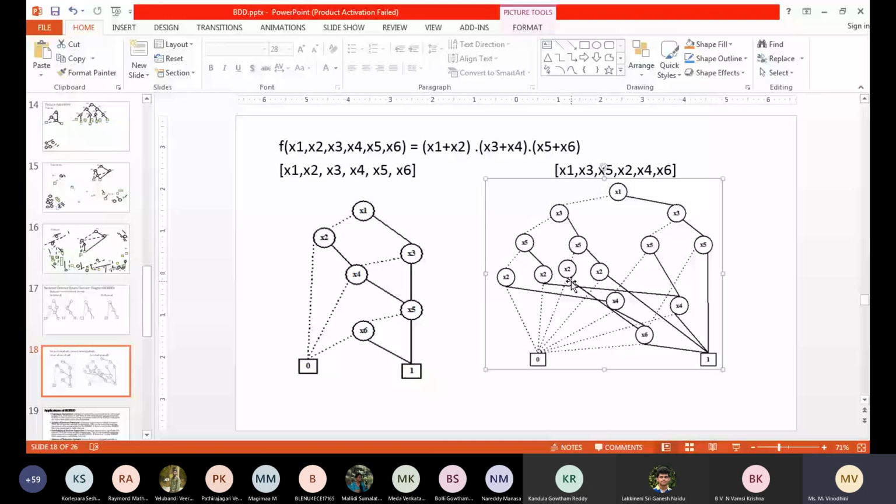This is the reason. If we are not going with an order, we may not get the reduced diagram, and the diagram may end up in a very complicated procedure. That is the reason we always have to use an order. With respect to that, binary decision diagram is also known as reduced ordered binary decision diagram. Okay. Now we will move on to the applications of reduced ordered binary decision diagram.